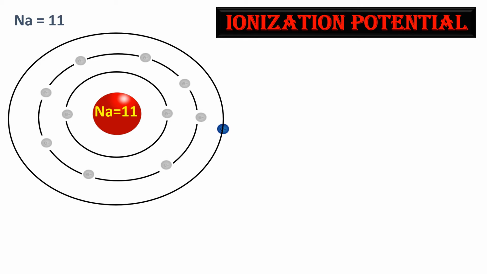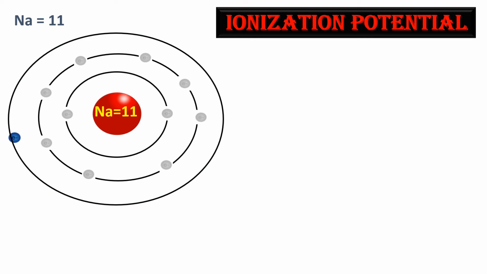Now this is structure of sodium. You know that electrons continuously revolve around the nucleus, not only in the valence shell, other electrons also, but here we are going to deal with only valence shell. So I am showing only valence electron revolving around the nucleus. Now what happens? It is very difficult to remove the electron because it is bound to the nucleus. Nucleus is positively charged, electrons are negatively charged.